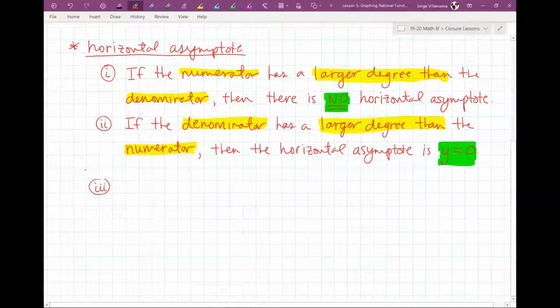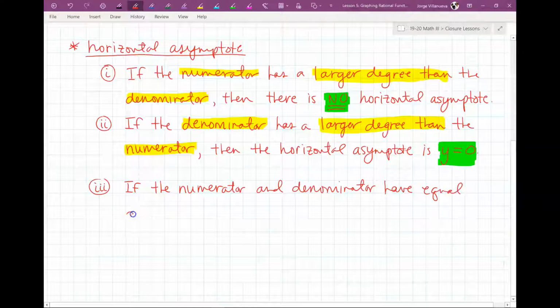Part 3 says, if the numerator and denominator have equal degrees,